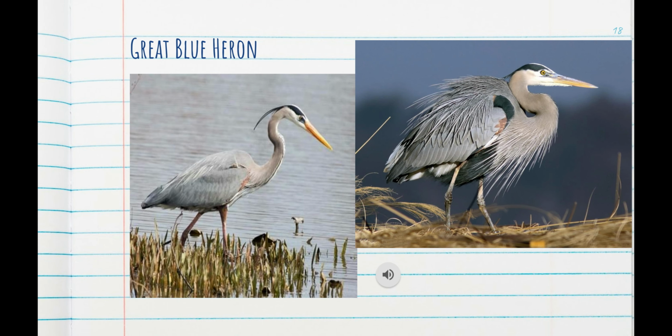They like fresher saltwater areas. There are some great white herons, but those are only in Florida. There's an area in Florida where the blue heron and the white heron overlap. Their habitats overlap, and they do interbreed. So they're not completely different species because they interbreed, and they have this mixed bird called a wanderling, which is